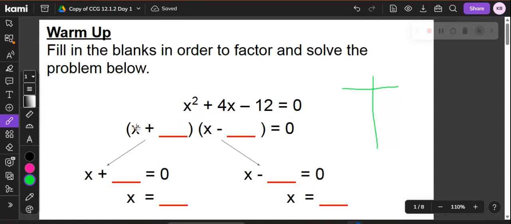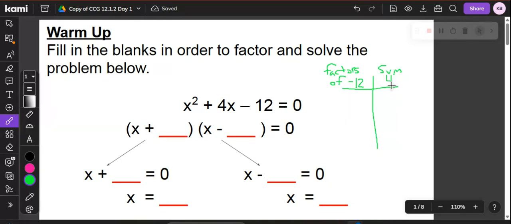Alright, looking at this problem, it says x squared plus 4x minus 12 equals 0. If you are factoring this with this set of parentheses, remember you need to look at factors. I'm using my mouse here today, so it's going to take me a second to write. But you're looking at factors of negative 12, and you want them to have a sum of 4. Keep in mind that there's no a value out in front of this x squared, so we're simply looking at factors of negative 12 whose sum